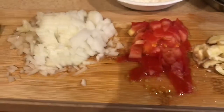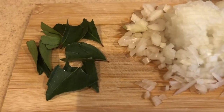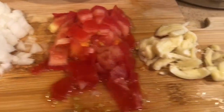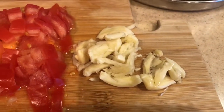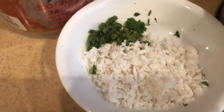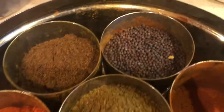So I'm going to make the tadka of all this. So this is red curry leaves, chopped onion, chopped tomato, and crushed garlic. For garnishing, I'll be using fresh coconut and coriander. And from my spice box, I'm going to add